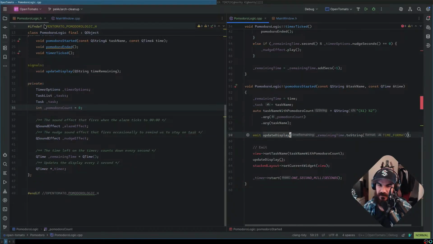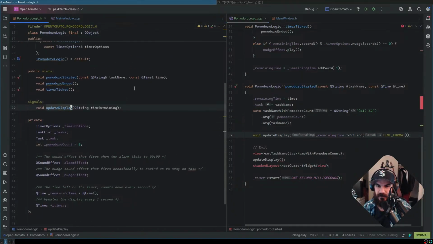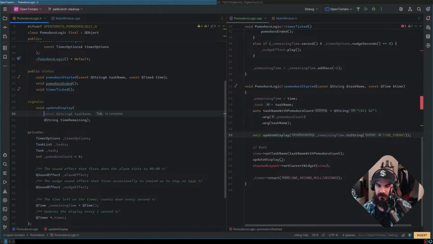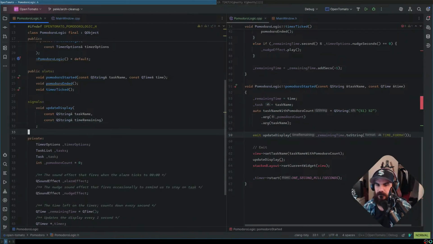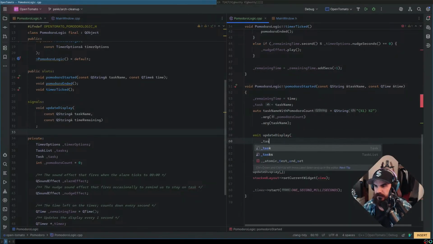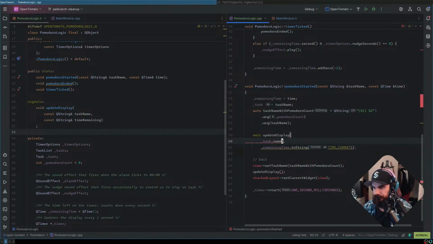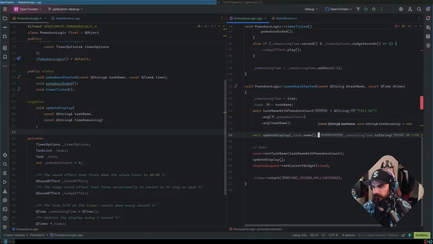So emit display. Right, so we're going to have const QString task name, const QString time remaining. Dope. And so this is going to be emit task.name. Yeah, maybe we don't have to wrap this.